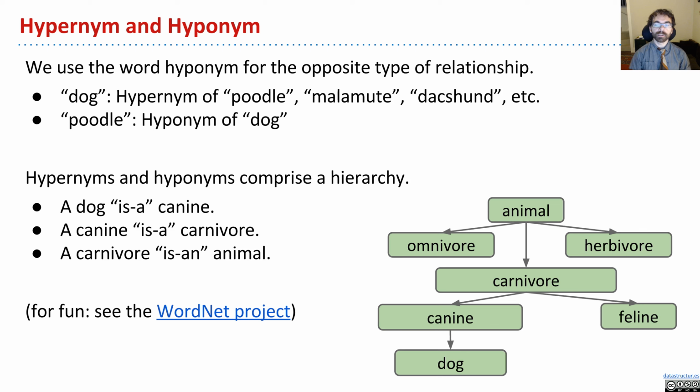So hypernyms and hyponyms compose a hierarchy and keep going. So for example, a dog is a canine is a carnivore is an animal, and so forth. So these is-a relationships, as they're called, like a canine is a carnivore. You can build this network actually for every noun in English. And actually, if you're curious, there's a project called the WordNet project. It's an academic project where they've taken thousands of nouns and built this gigantic graph that looks like this. It's kind of cool to browse. So check it out if you